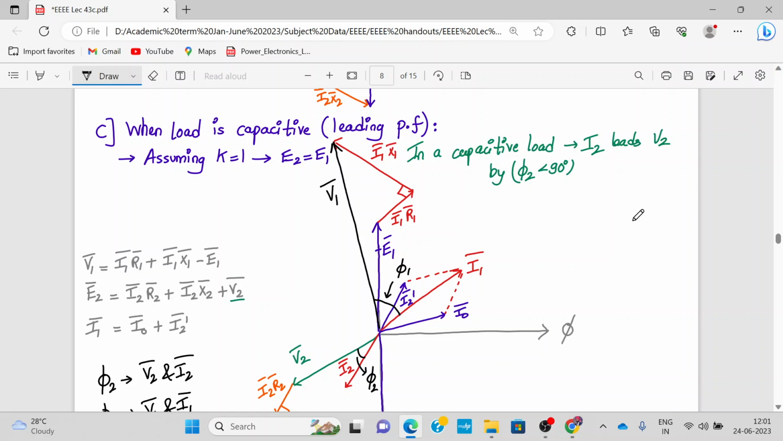Okay, so that's it for this lecture. Next time some more topics are to be covered: rating of a transformer, then efficiency of a transformer, derivation for maximum efficiency, and voltage regulation. So let's quickly